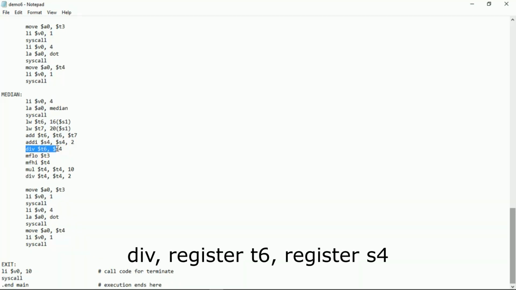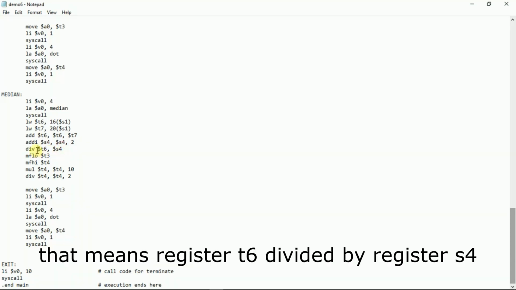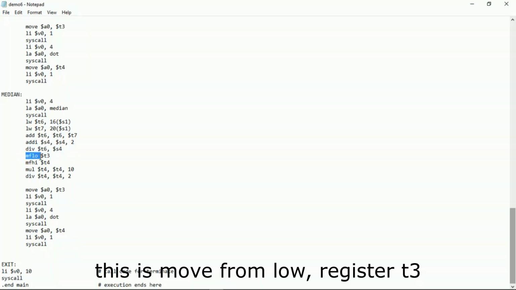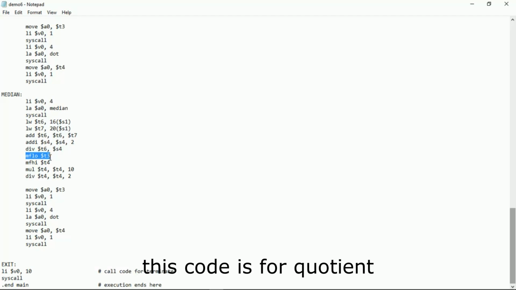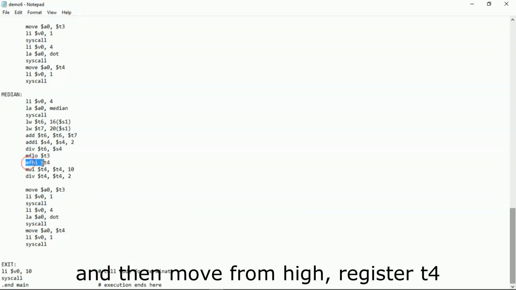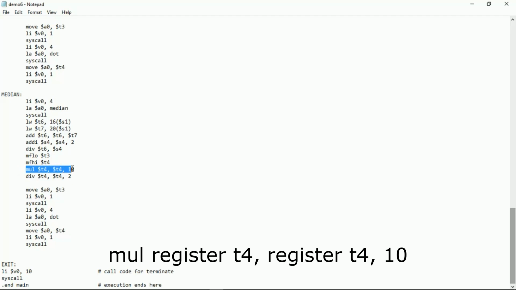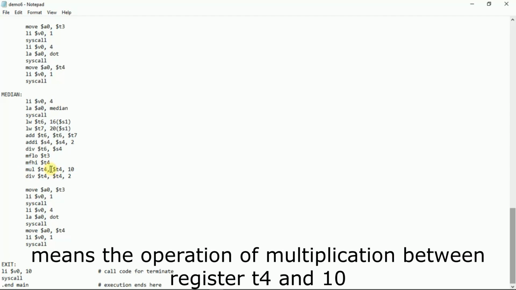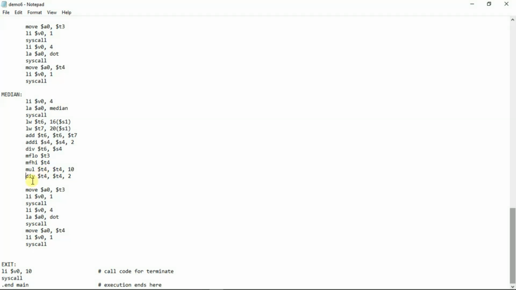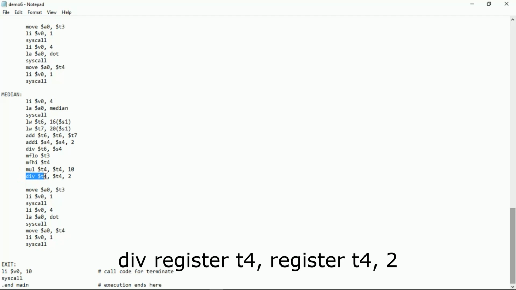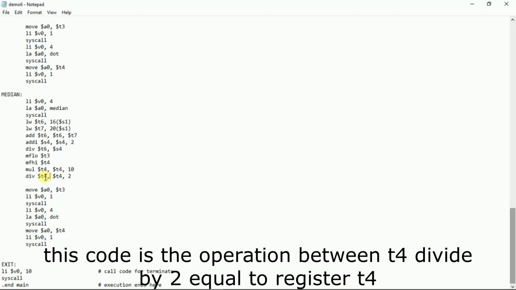Divide register T6 by register S4, that means register T6 divided by register S4. This is move from low register T3. This code is for the quotient, and then move from high register T4 is for the remainder. Mul register T4, 10 is the operation of multiplication, register T4 multiplied by 10, and then divide register T4 by 2. This code is the operation of T4 divided by 2 equal to register T4, and then